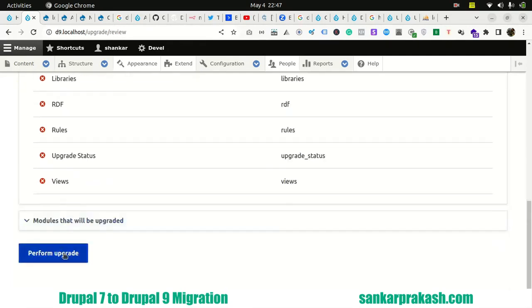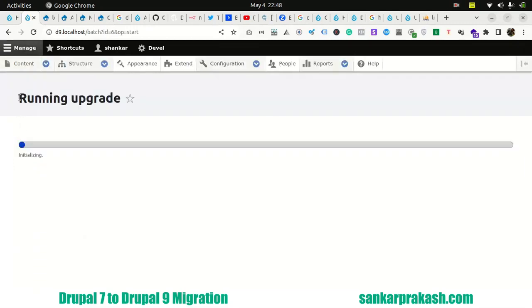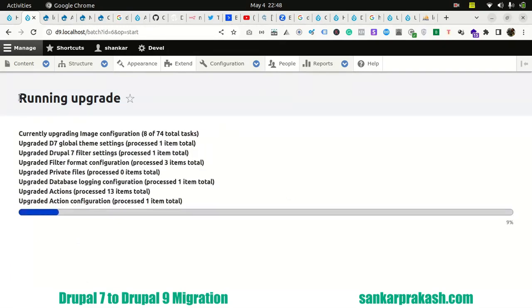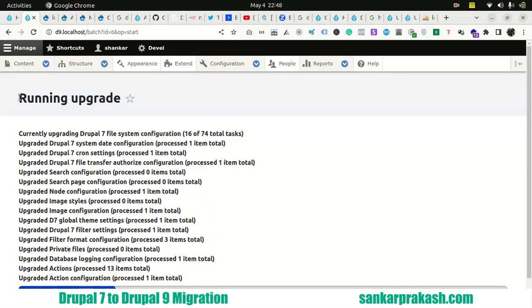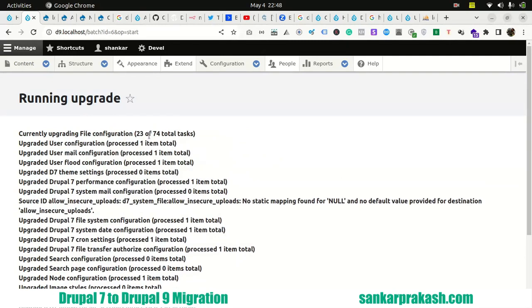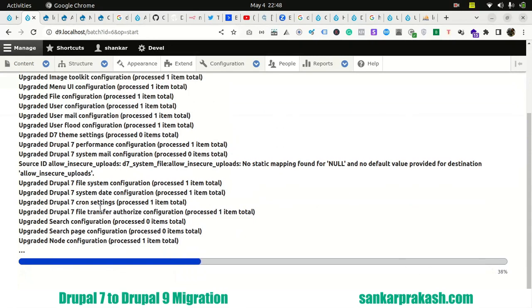If we proceed, the moment you click on the button, it will start upgrading from 7 to 9. Let me start with that. The upgrade process has started. This will give you a preview of what is going on in the process. Here you will get to know how many tasks there are and how much is completed. Once it reaches 100%,